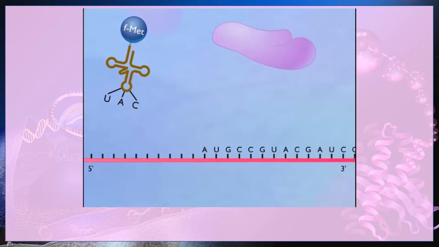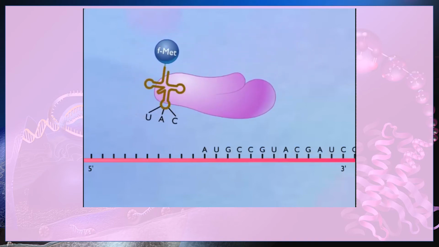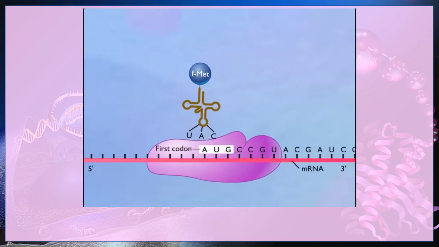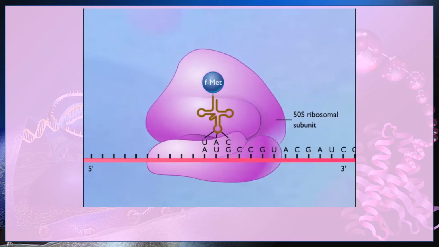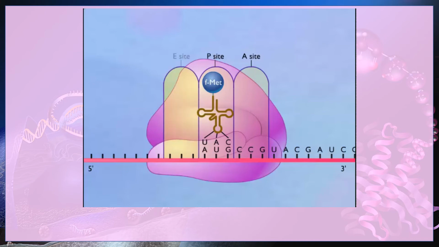In prokaryotic cells, translation is initiated by formation of an initiation complex consisting of the 30S ribosomal subunit, formyl methionine tRNA, and messenger RNA. The 50S ribosomal subunit then joins the complex. Proteins called initiation factors are also involved, but are not shown. The 70S ribosome has 2 sites to which transfer RNA-carrying amino acids can bind. One is called the peptidyl, or P site, and the other is called the acceptor, or A site. There is also a third site called the exit, or E site, where transfer RNAs are released.